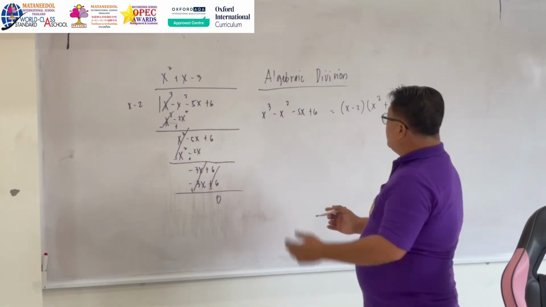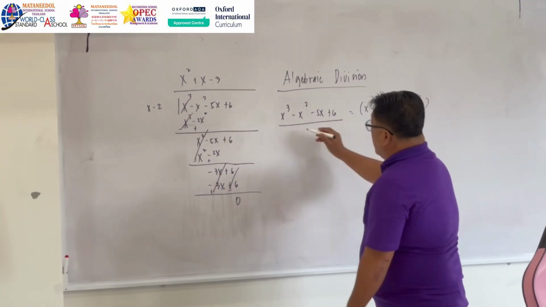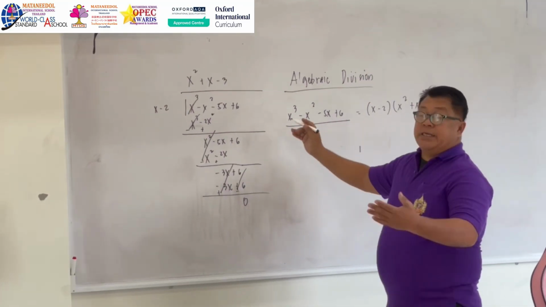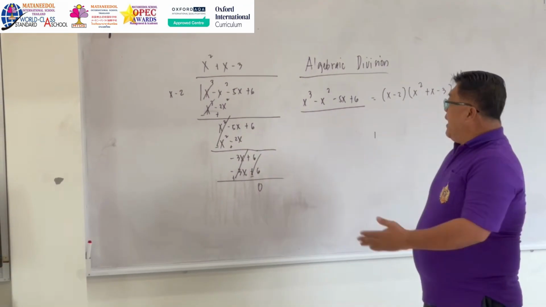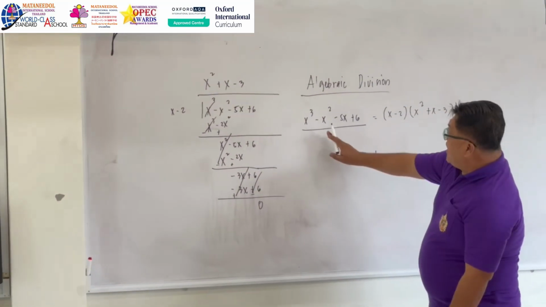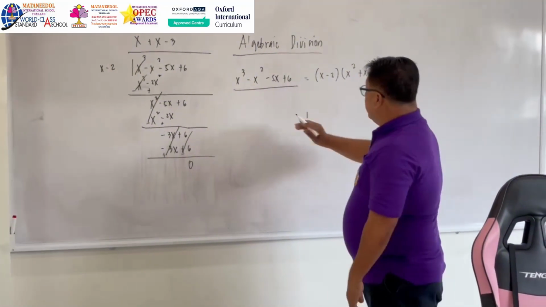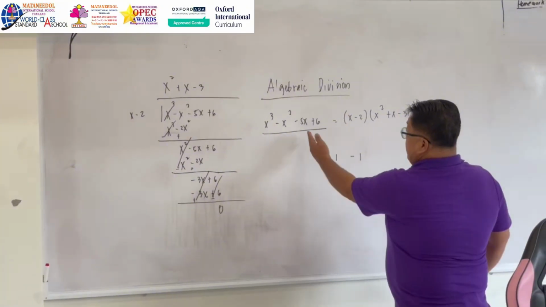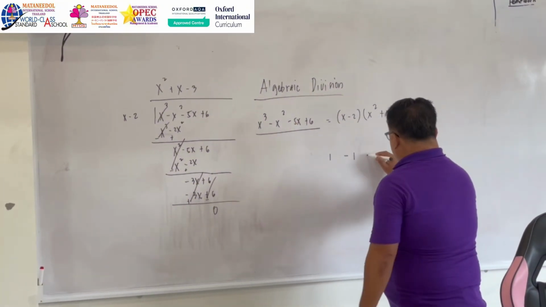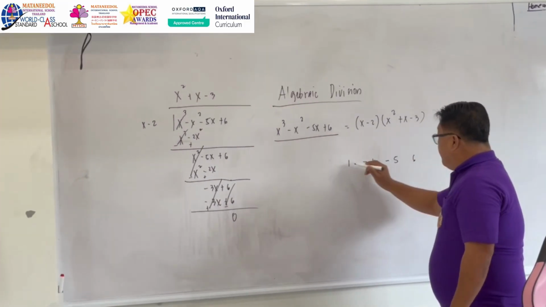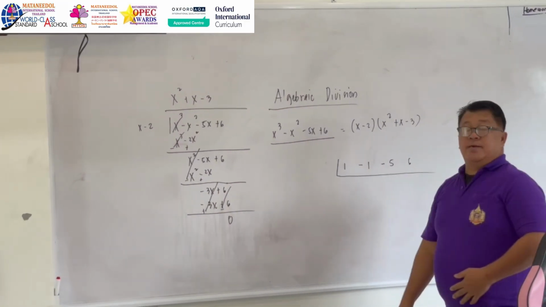The process of this, we can also solve by synthetic division. For synthetic division, take this equation. Since there is no number here, it will become 1. Put in your mind that any variable without any number has a 1. Same thing here, no number, negative, so negative 1. And 5 is negative, so negative 5. 6, put it here also. And then put a division sign.